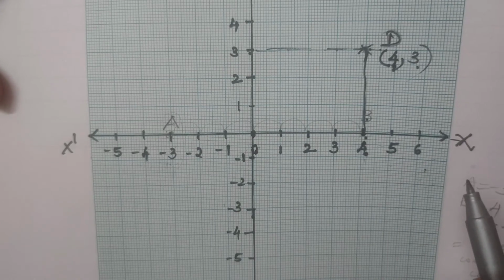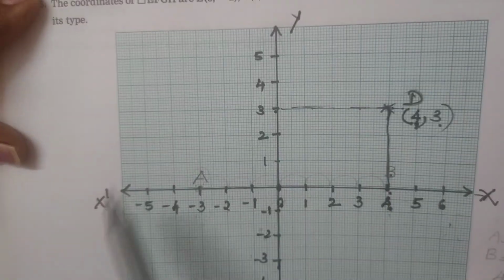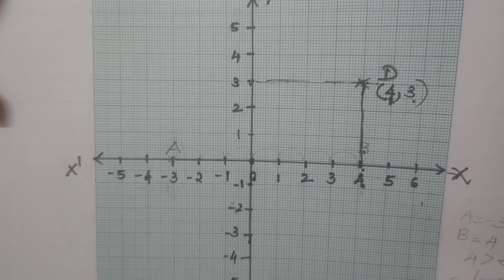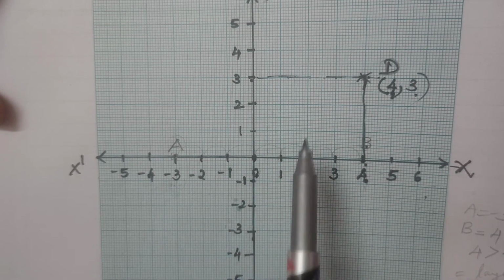So this is the coordinate geometry where we are finding the location of any point on a plane. Plane means this is a Cartesian plane. A graph paper, that we say is a Cartesian plane, because it is named after that person. Okay dear. So this is the way we use it.